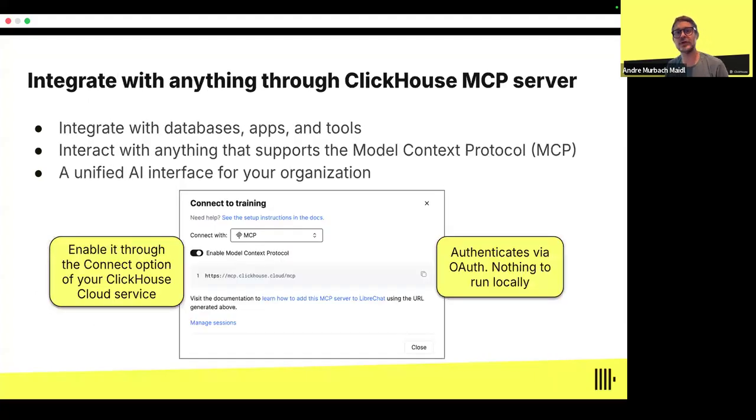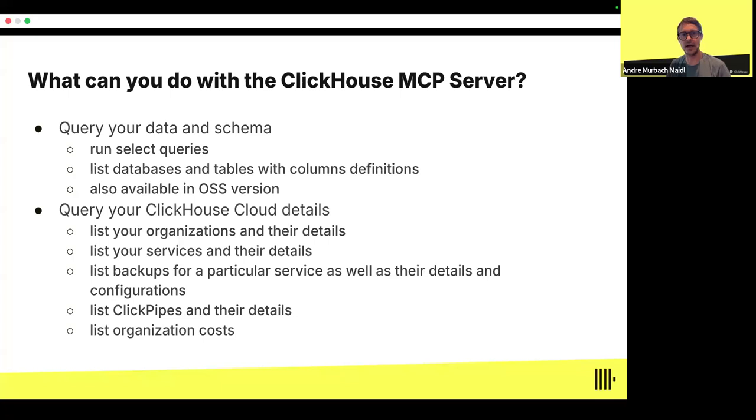So, like I mentioned, accessing ClickHouse Cloud will be very easy. You are going to enable the MCP protocol in your service, and then all the authentication goes through ClickHouse Cloud. You don't need to manage authentication in a convoluted way in your application, making it very easy to integrate with ClickHouse Cloud.